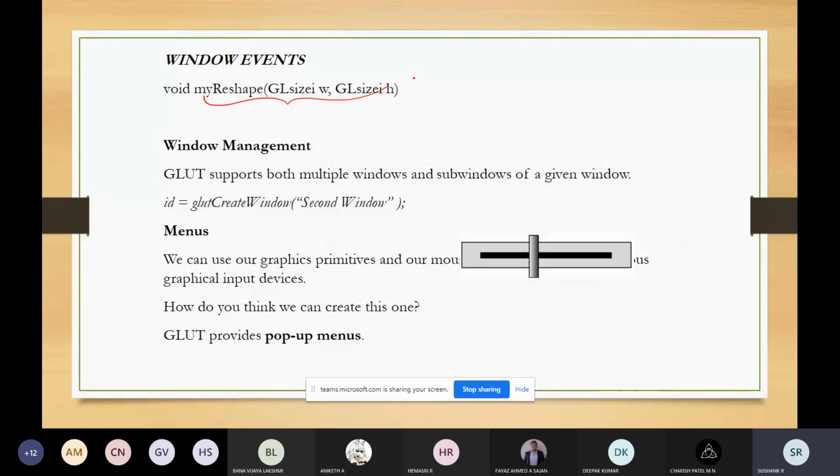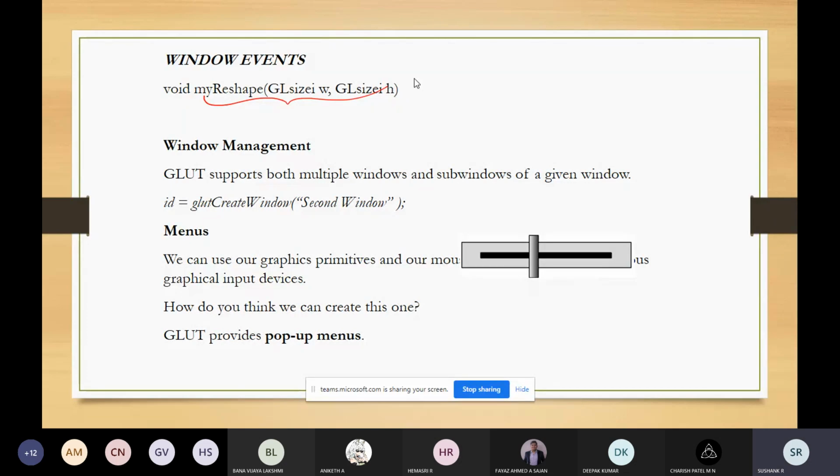This is a function which the programmer will write, which is having some width and height.